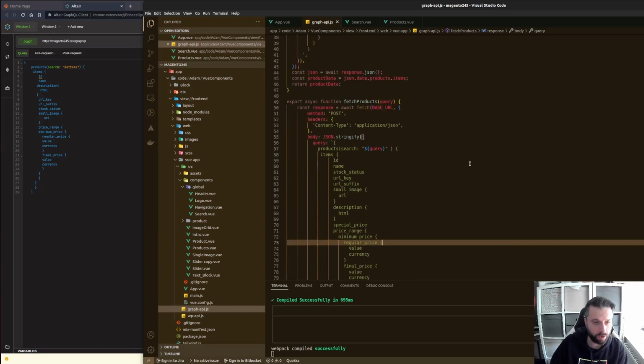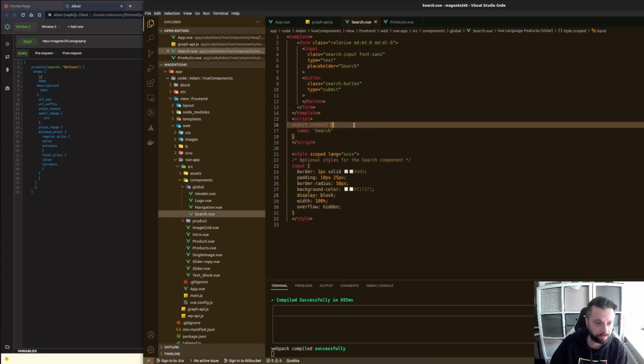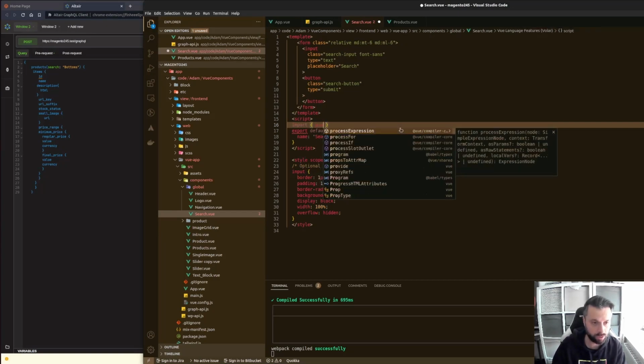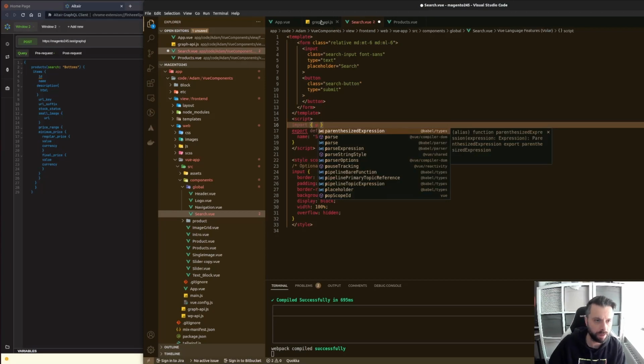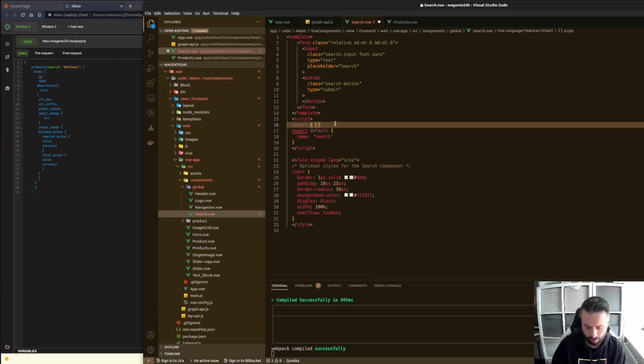And yeah, okay, so we've got this part done, and now I want to test it so I can get the data through. The first thing I'm going to need to do is import that script. So I'm going to import, and what was it? Fetch products. I'm going to import fetch products from my middleware, if you like, the GraphQL endpoint, Graph API, and then I can use this now, fetch products, as an async await in, say,